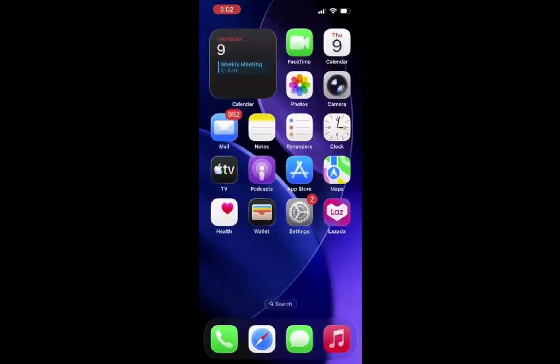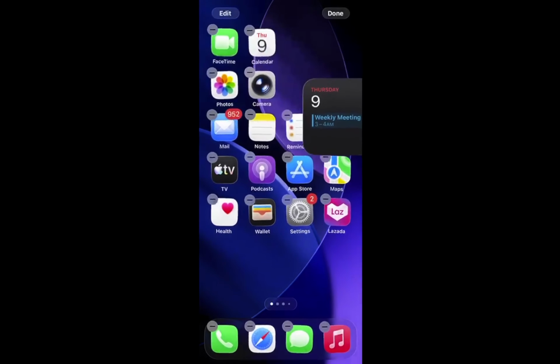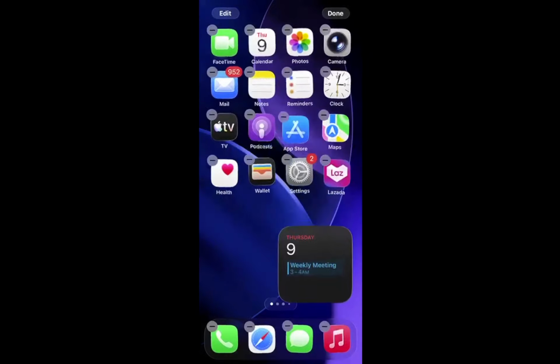Now it's time to drag the widget to your preferred location on the screen. You can place it wherever you feel it fits best. This step emphasizes the flexibility of the iOS interface, allowing you to arrange the widget in a way that suits your daily routine. Place it near other apps you frequently use, or wherever you will find it most useful. Once positioned, tap Done to finalize your adjustments, ensuring all your changes are saved.